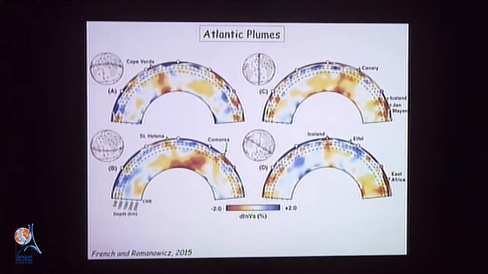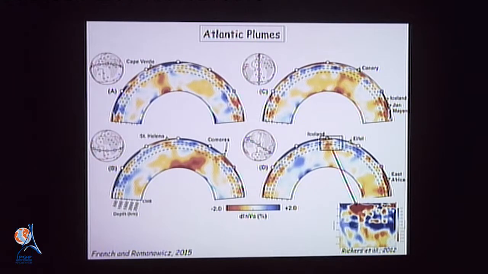in the upper mantle. So you see these kind of features also in the Atlantic. These are examples. Cape Verde, you lose it at 1,000 kilometers, but it's probably there, just thinner. Canary, you can see the deflection very clearly. See it in Iceland, and in fact in Iceland, we can compare this model to a regional model also developed using these new techniques of waveform modeling using the spectral element method, but only regional for the upper mantle by Rickers and others, showing the good agreement on the kind of deflection here at about 1,000, 1,200 kilometers